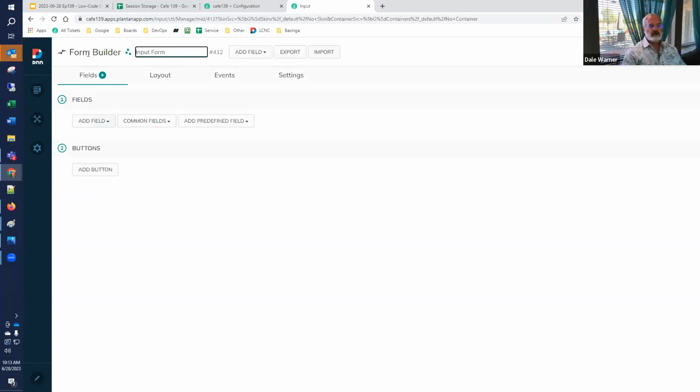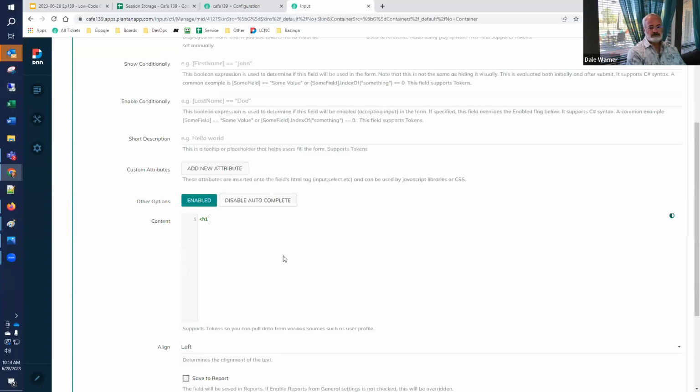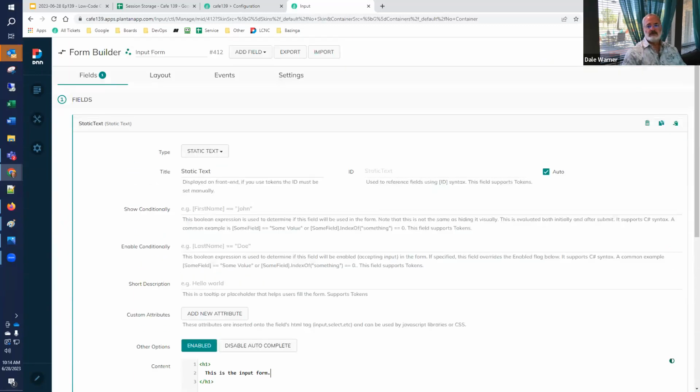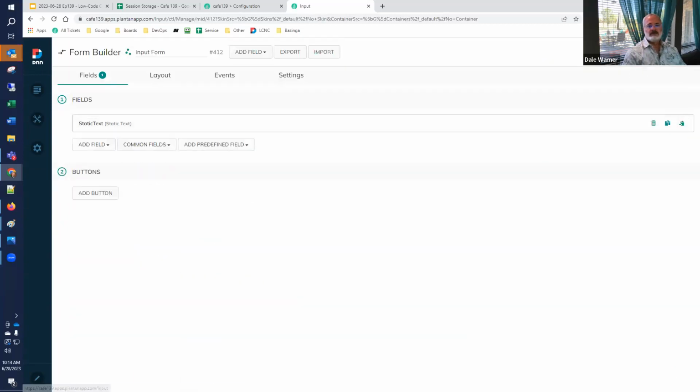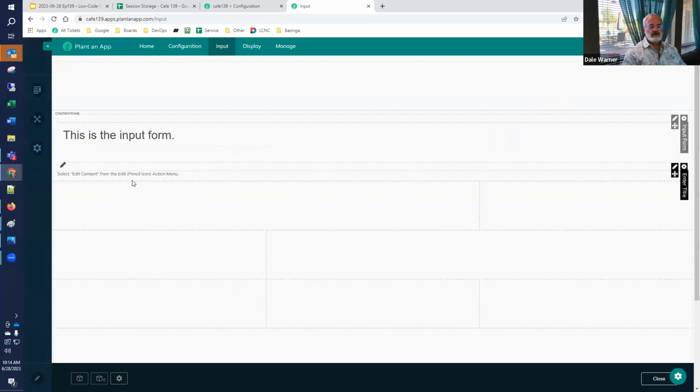We like to give things names. And I'm going to do a static text field to say this is input. And so with that simple bit of setup, we now have an input form available to us, and we'll be